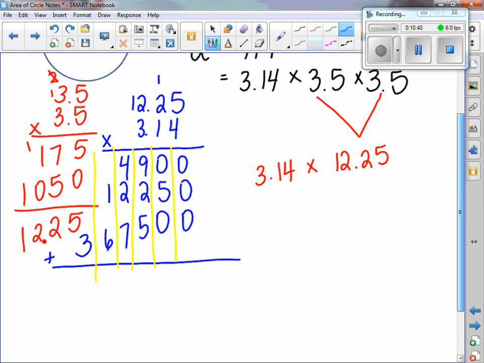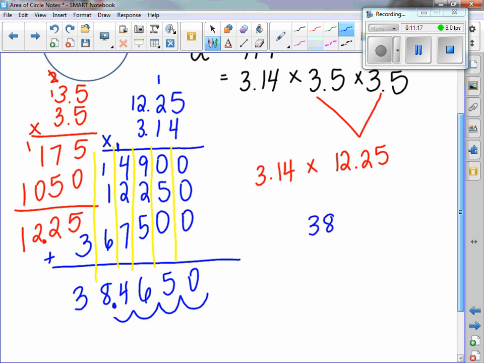0 plus 0 plus 0 is 0. 0 plus 5 is 5. 9 plus 2 is 11. 11 plus 5 is 16. 4 plus 1 is 5. Plus 2 is 7. 7 plus 7 is 14. Carry your 1. 1 plus 1 is 2. Plus 6 is 8. And then 3 plus nothing is 3. This time I have 4 numbers behind the decimal in my problem. The 2, the 5, the 1, and the 4. So I need 1, 2, 3, 4 numbers behind the decimal in my answer. So my answer comes out to